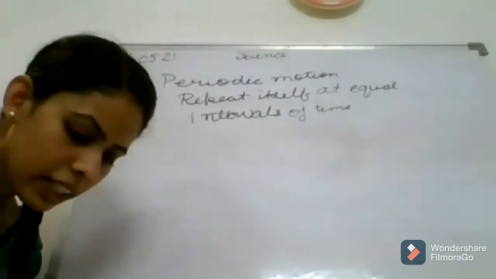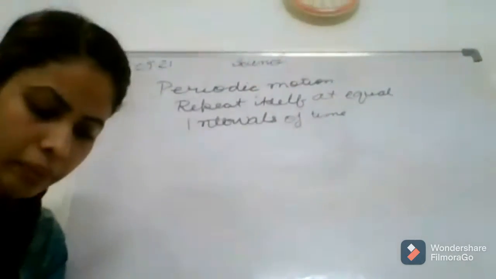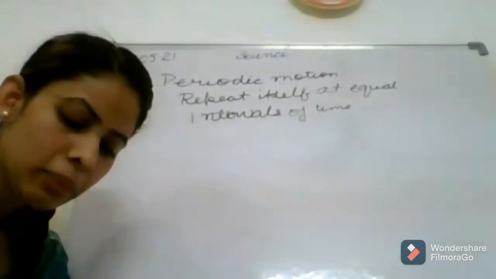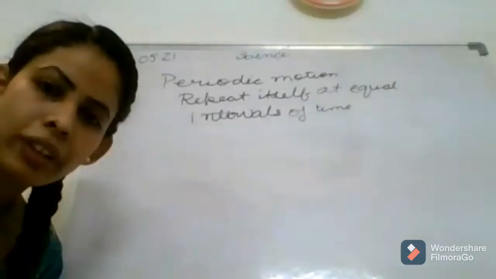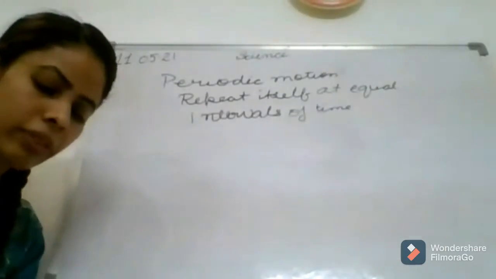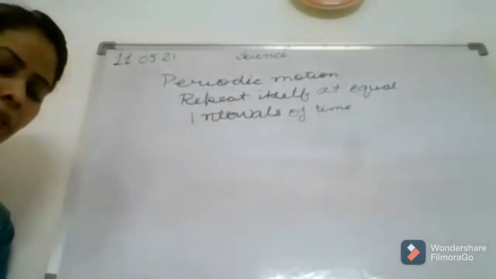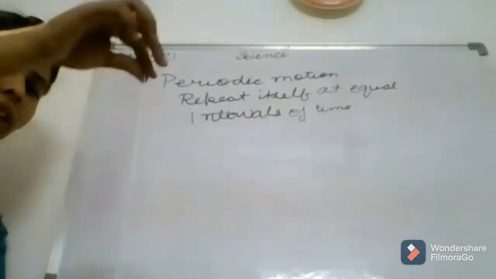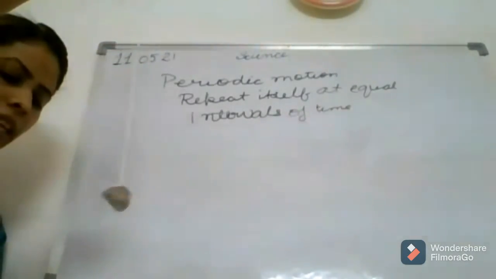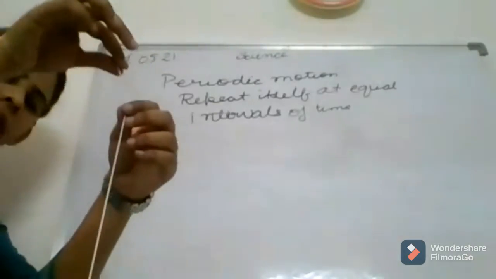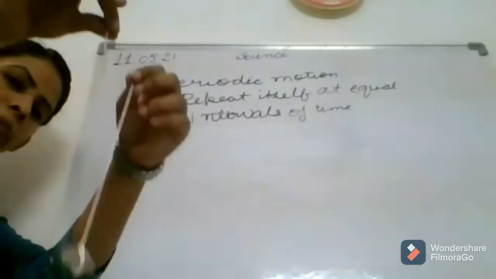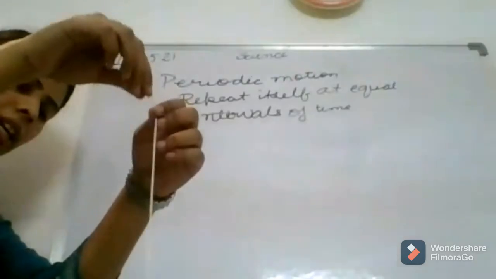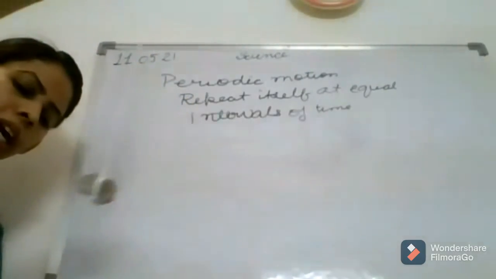So then example is to and fro motion of a pendulum. Here it is written in the second para of page number 104, first column, pendulum. What do you mean by pendulum? Now what you will do? Take the stone tied with the string that you used in activity 6. Now hold the string in your hand. I am holding the string in my hand, and then let the stone hang.